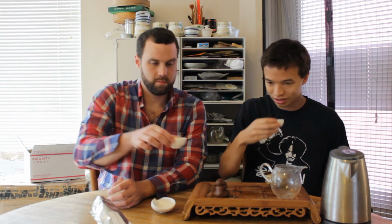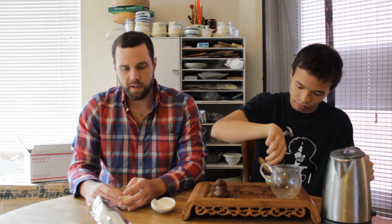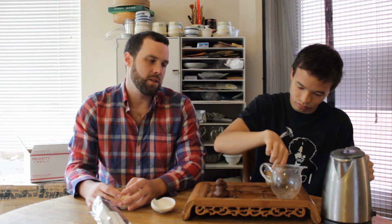Give it a shot. I don't know what color we're supposed to get, so maybe that's a little bit too light, but we'll see. Let's try it. Cheers. It's a little light. Are you getting a similar taste to the aromatics? It's definitely light, so it's hard to put a perfect...